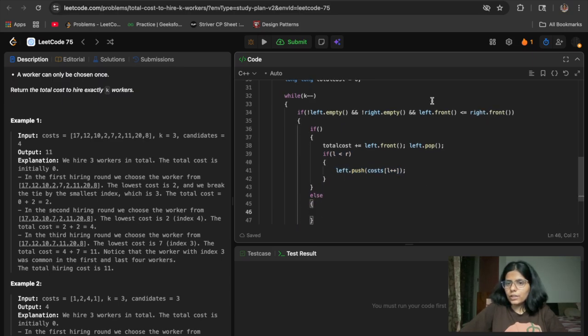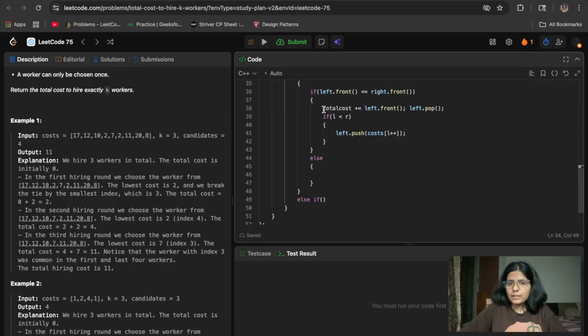What I will do here, this thing, control X. If my left side's candidate's value is less than or equal to this, then do this. Or I have to take the right side one, so the right one, right dot front, right dot pop.